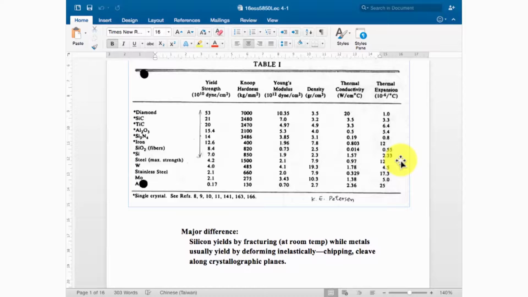Thermal expansion is about when we heat up the material, how much distortion, how much expansion the material will go through, okay? So if there is a larger thermal expansion, that means you will get a lot of deformation when you heat up the material. But the question is, for making devices like sensors, we don't want the material to expand too much, because most materials respond to temperature variation a lot, and that will affect your